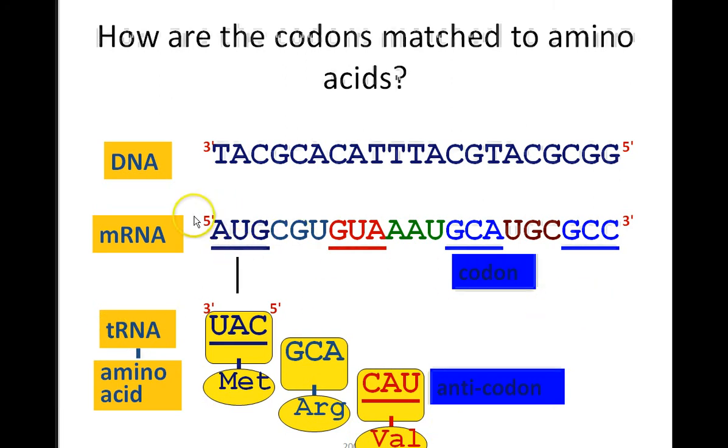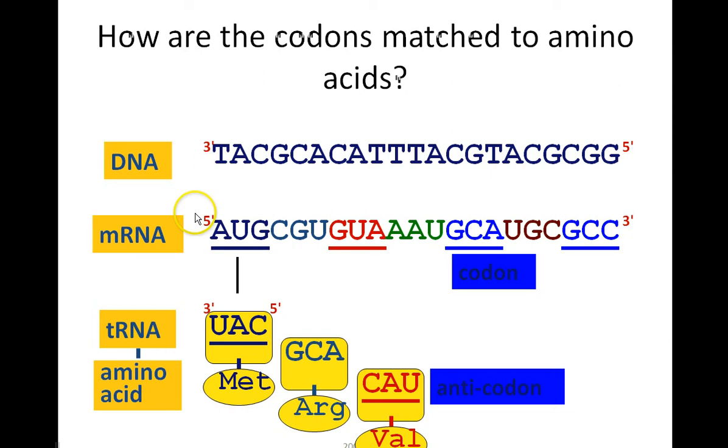A codon is a set of 3 nucleotides. So let's take a look here. This is AUG, and that's one codon bringing in one amino acid. 3 nucleotides on RNA brings in one amino acid. So if I ask you how many nucleotides are required to code for 5 amino acids, the answer would be 5 times 3, which would be 15